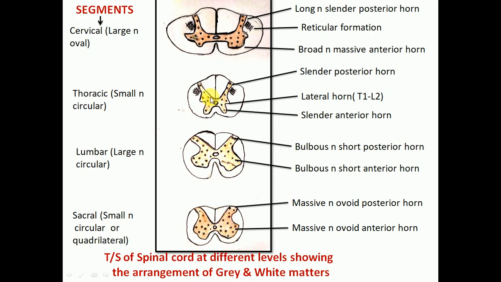There is another feature present on the posterior lateral aspect, that is the posterior intermediate sulcus. It can be seen in the cervical region, and in the thoracic region up to the T7 segment of the spinal cord, and thereafter it is absent. So these are the changes that occur at the different segments of the spinal cord, showing different amounts of grey matter, white matter, and shape of the horns.